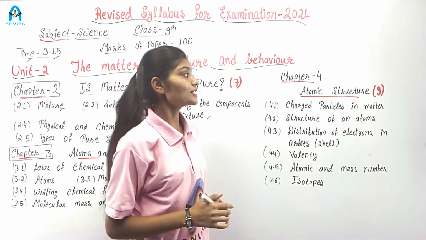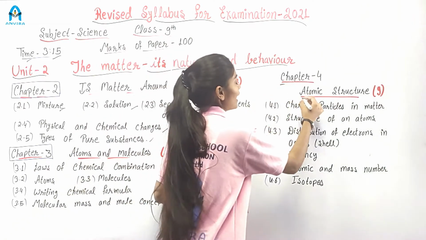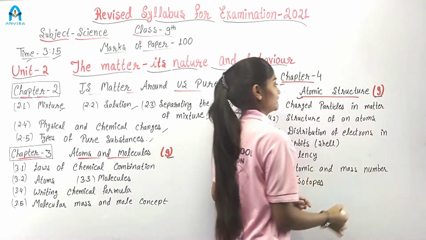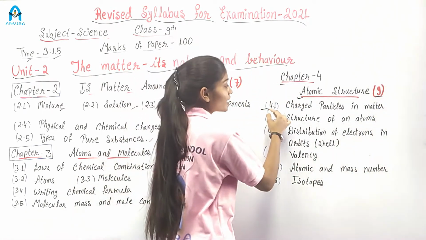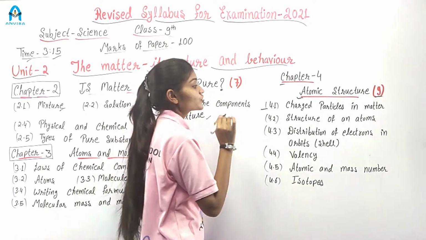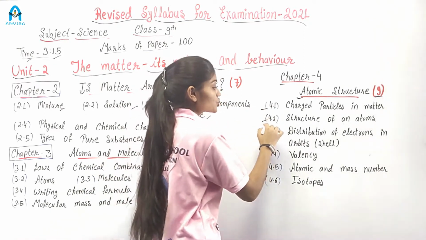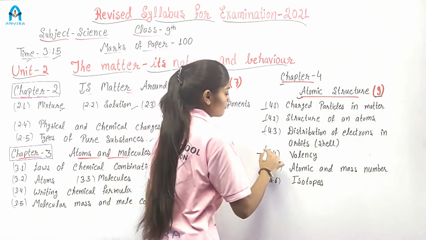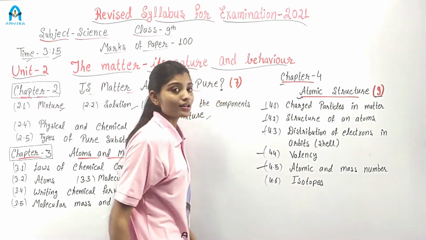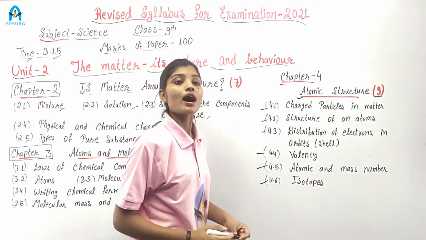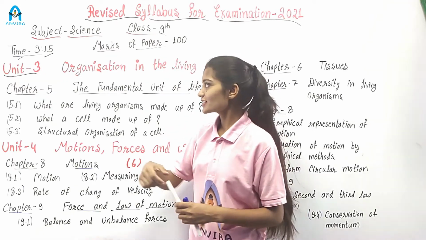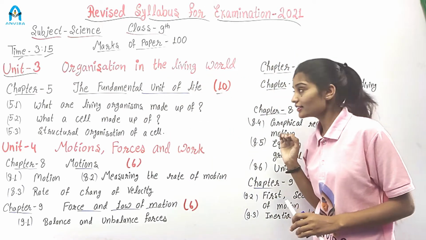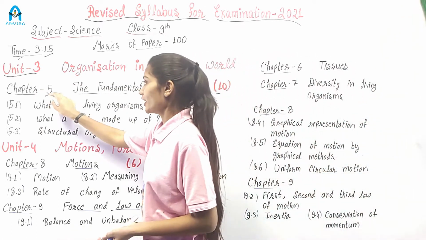Okay, next one is chapter 4th which is atomic structure and the total marks for this chapter is 9 and the topics are charged particles in matter, structure of an atom, distribution of electrons in orbits or shells, valency, atomic and mass number, and the last one is isotopes. And the next unit is unit 3rd, organization in the living world, and in this unit chapter 5th is included